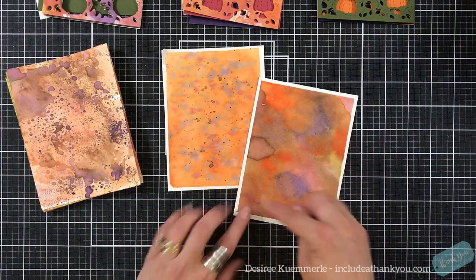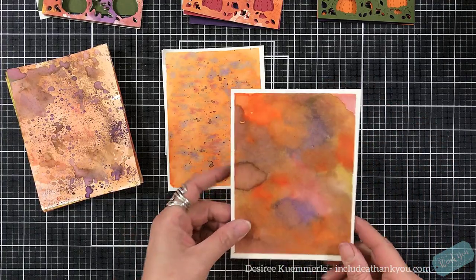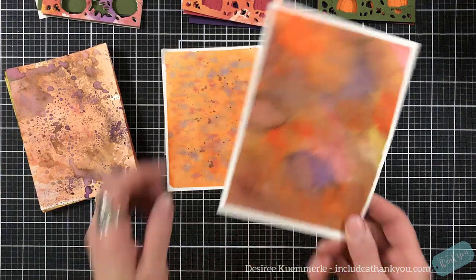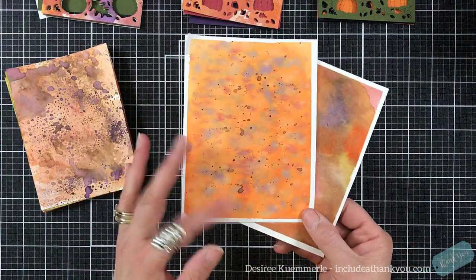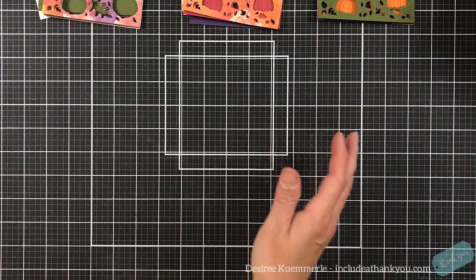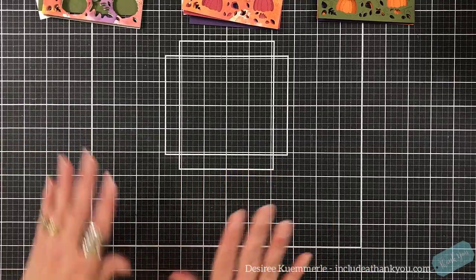So I know these are watercolor because, again, I tape them down so I have an edge. So you can see just how the watercolors go together. Now, I use the same distress inks on these as well. All right? So I've got all the die cutting done. I've pulled in some solid colors as well. So let's get started